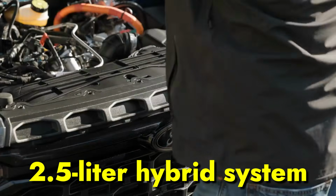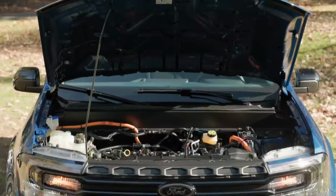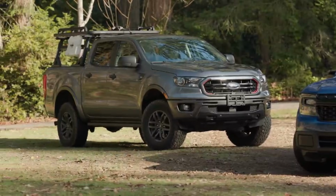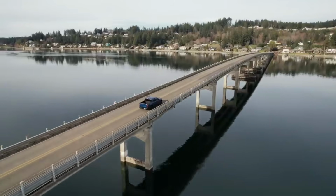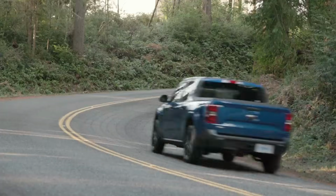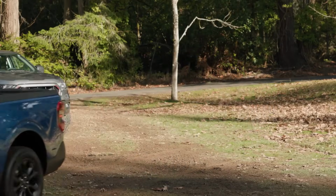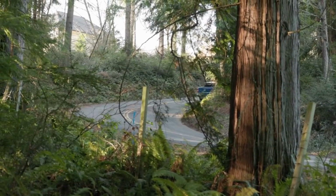The 2.5-liter hybrid system in late 2023 models appears to work more smoothly than earlier production runs. Ford's software updates and component improvements seem to have eliminated many integration problems that cause jerky power delivery. What makes late 2023 models potentially attractive is that they may represent more mature hybrid technology without the early adopter risks. Ford had time to identify and address problems with the hybrid system integration, potentially making these trucks more reliable